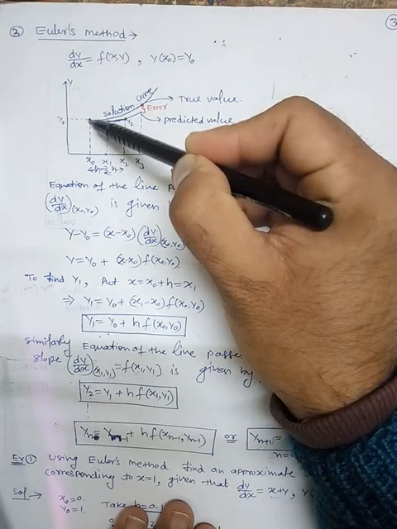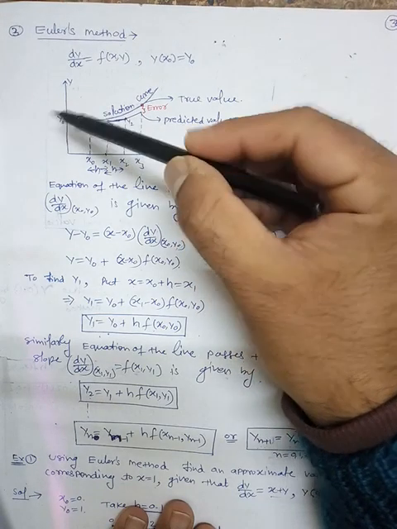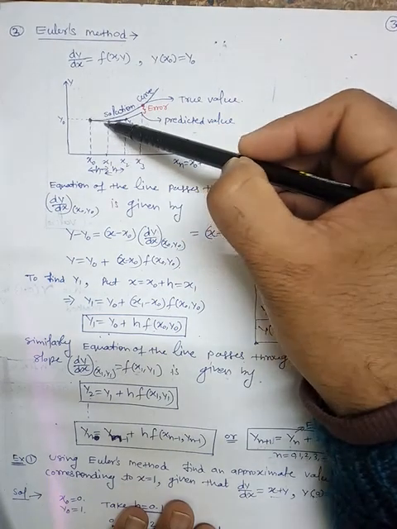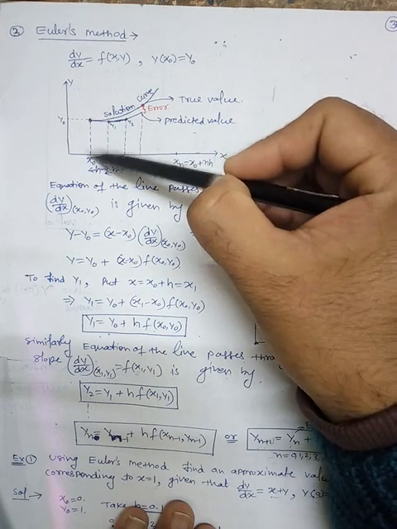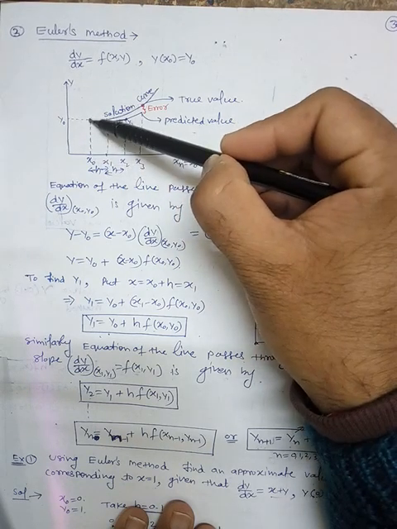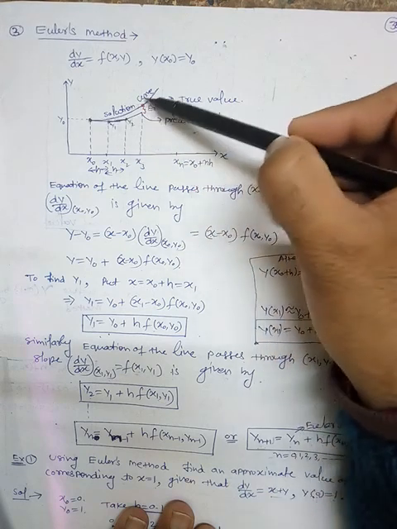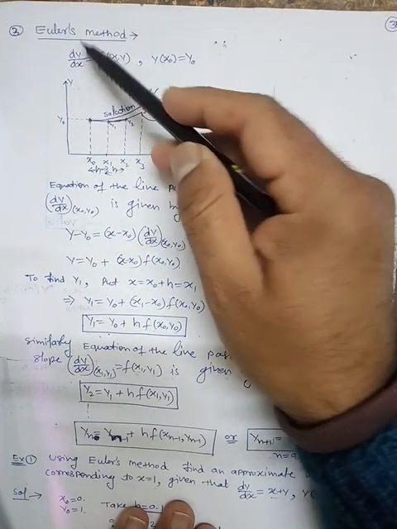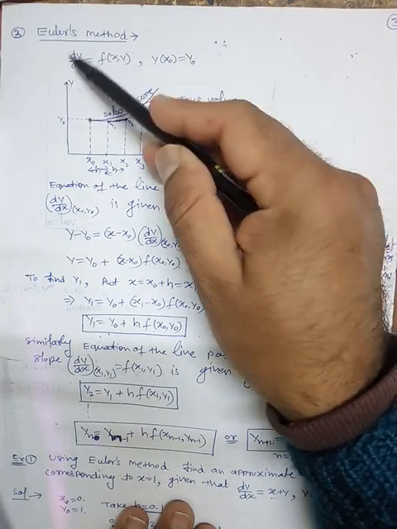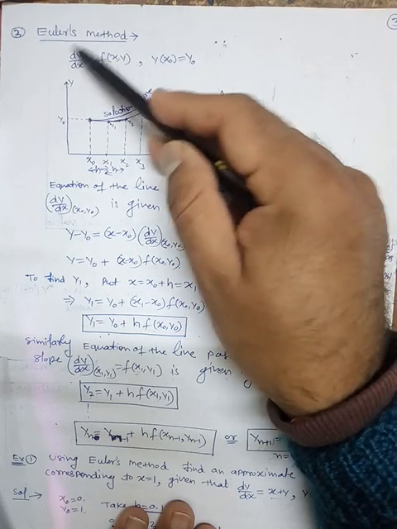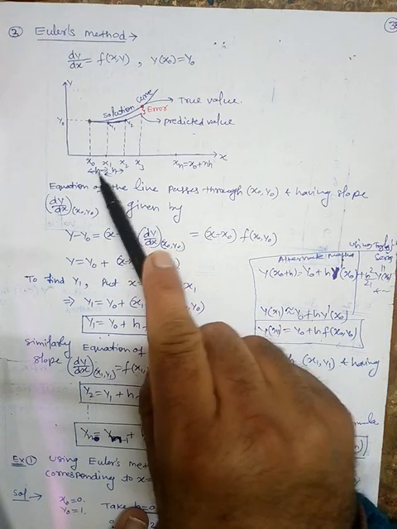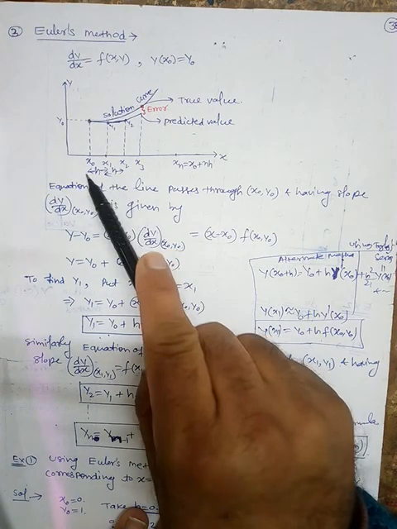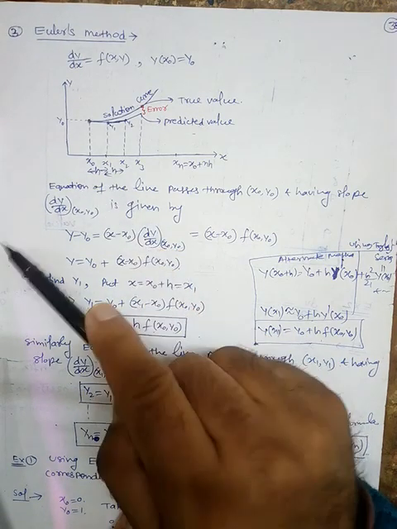This curve passes through this point. So what we will do is find the line which passes through this point, x naught, y naught, and has the slope of the curve at this point. The slope can be easily evaluated with the help of dy by dx, which provides the slope. Here the step size is h, and between two consecutive x values h is fixed.